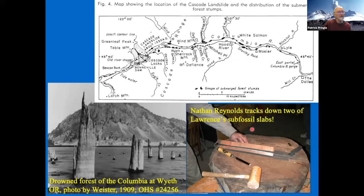But this one turned up. Nathan Reynolds, who was working on it with us, called the World Forestry Center and actually they found two of his original slabs of these drowned forest of the Columbia trees in a crate in the basement of the World Forestry Center. And it turns out that the World Forestry Center burned down in 1964, and Don thought his trees